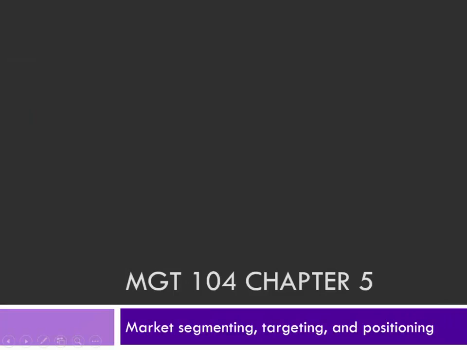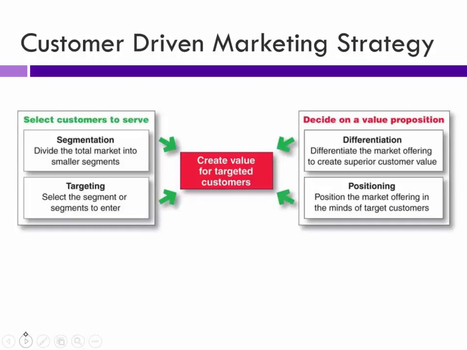Okay, Chapter 5, where we're talking about segmenting, targeting, and positioning. This is a little image that I took from another textbook, actually, but I really liked it. I thought it explained things pretty well here. We start with selecting which customers to serve. We segment the market into different groups. We divide it into different groups. So that's the dividing part. And then when we select which of those groups we're going to go after, that's the targeting part. So segmenting is just dividing it up into groups, and then targeting is picking which of those groups we're going